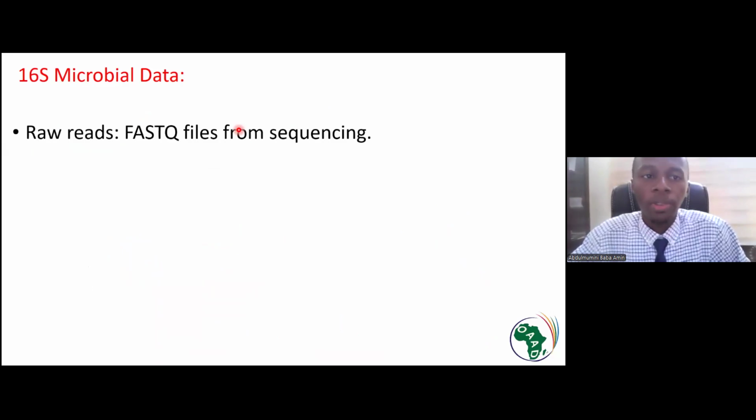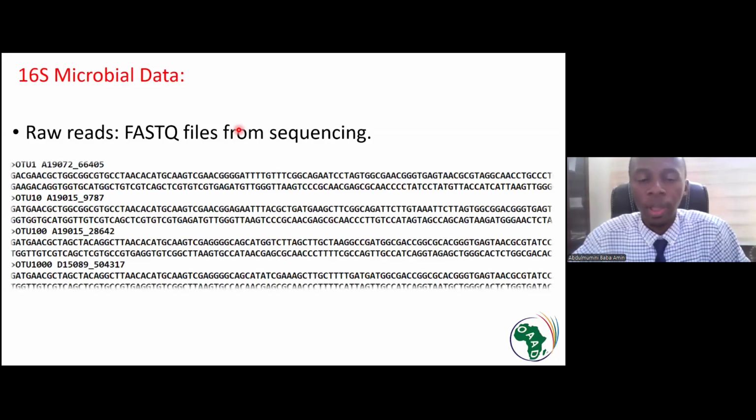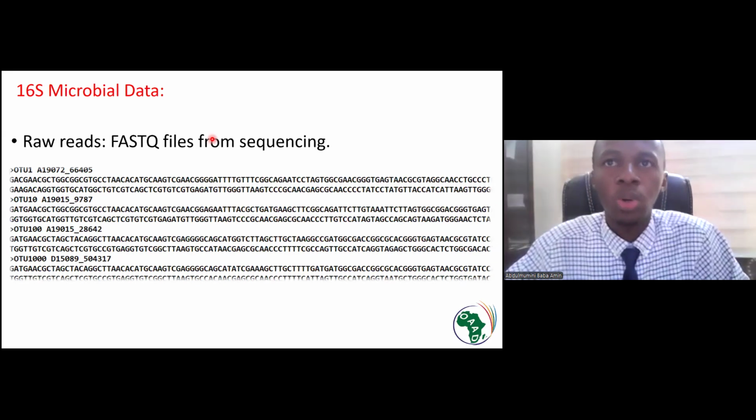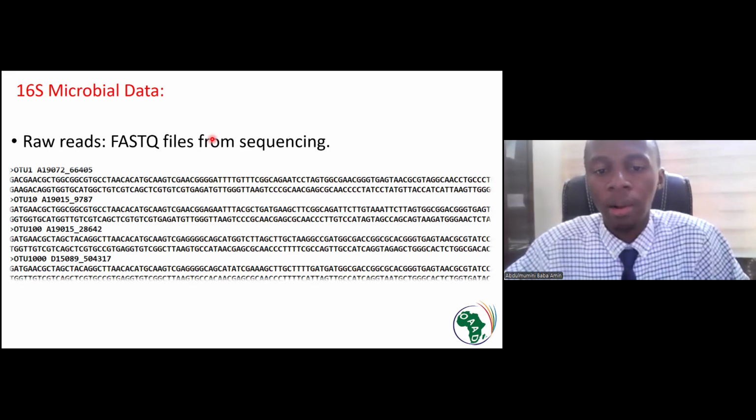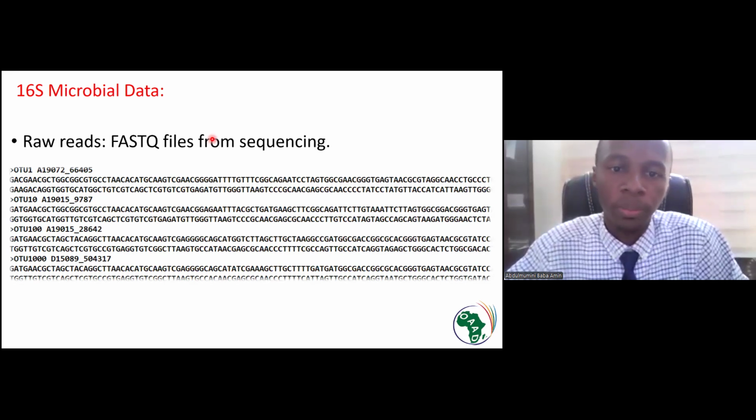These are components of the 16S microbial data, raw reads. These raw reads are FASTQ files. They are sequences obtained from the sequencer. This is how they look. They are normally in notepads. So these sequences, which are paired, are uploaded to databases to obtain the taxa. If the sequence is matched to taxa, then it will be able to give us which bacterial phyla, genera, or species that the sequence is matched to.